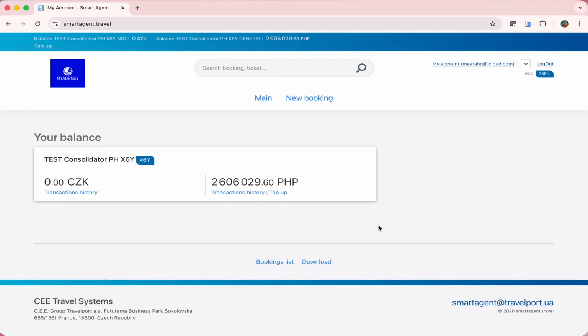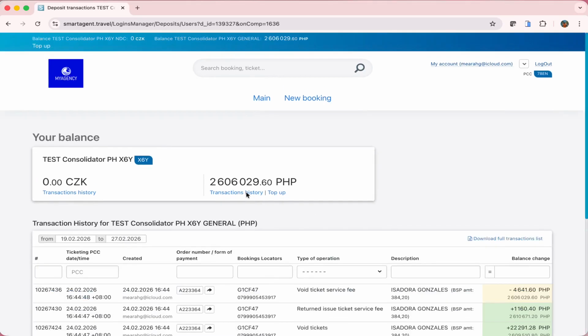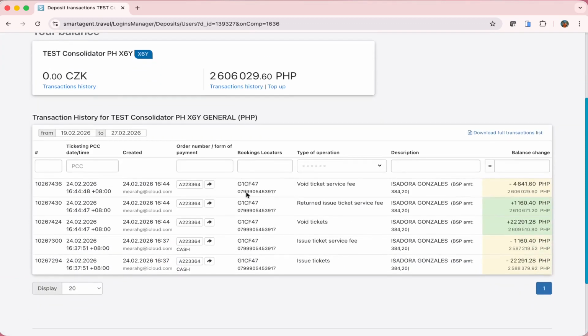As soon as you log in, you can see your wallet balance. You may see two currencies here because some markets are dual currency on BSP. If your market uses only a local currency, you will see just one. Your transaction history is available to you as well, and you can view the full list of transactions and download it into an Excel